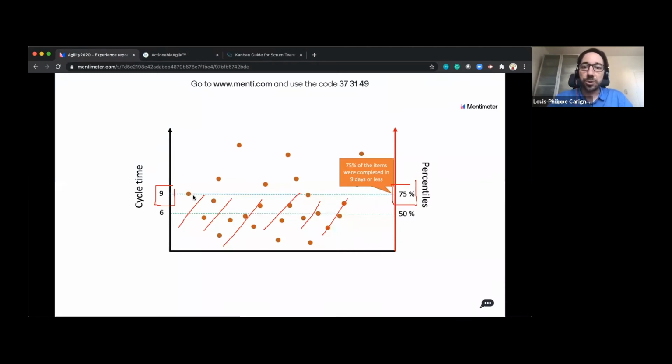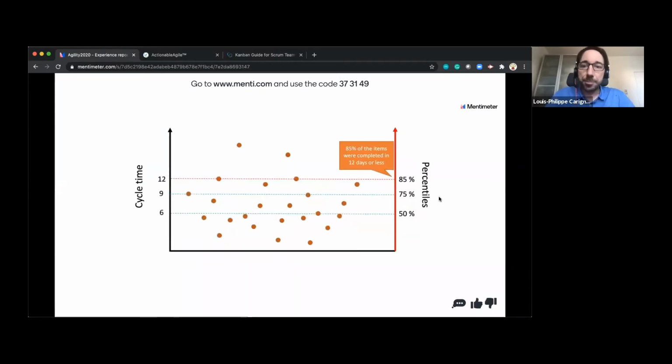So for my product owner who's asking, when will this story be done? I can tell him, you've got a 75% chance that it's going to be done in 9 days or less. And usually they go like, I'm getting more comfortable, but I need a little bit more confidence. Not a problem, sir. And based on my experience for the last 2 years, I found that the sweet spot is at 85%. So at 85% of the time, this team delivers items in 12 days or less. It doesn't mean it's going to be on 12 days, but it's going to be 12 days or less.